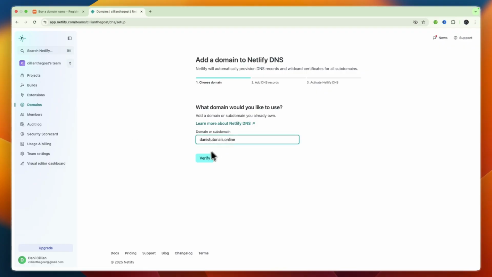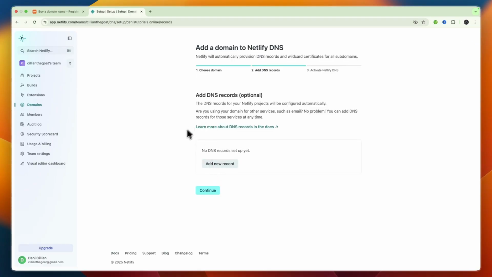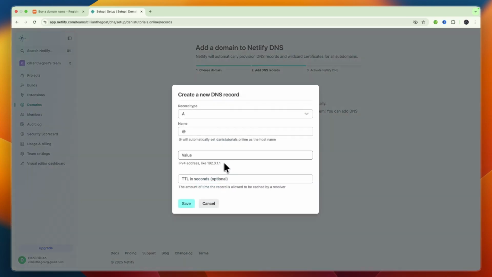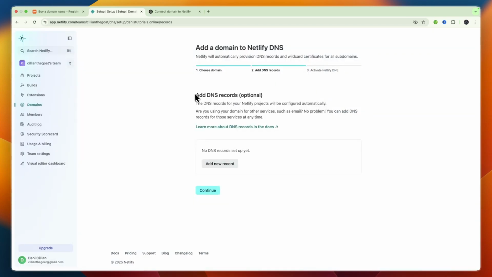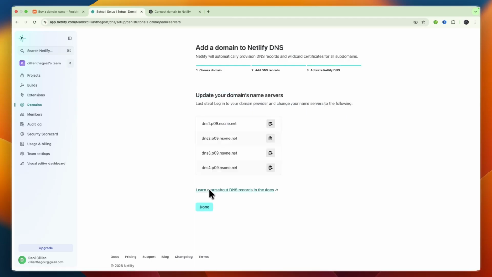Now here just type in the domain that you bought on Namecheap. So for me it's this, and then click verify. Then next go and click add domain. Now you will need to add DNS records. So no DNS records are set up yet, just click add new record. Now here optionally you can add DNS records, but what's the simplest thing to do is to just continue,